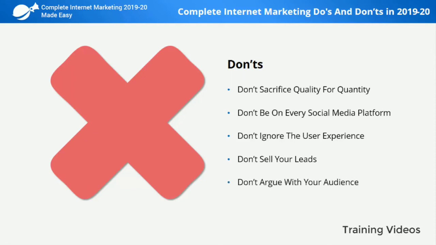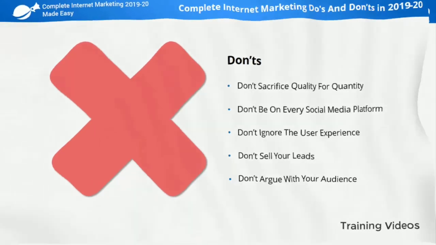Don't argue with your audience. You'll also be tempted to argue with online users when you receive a public complaint on social media or when you come across a negative comment on a content piece. But the best approach is to handle all commentary like a professional by providing a solution and by acknowledging criticism.